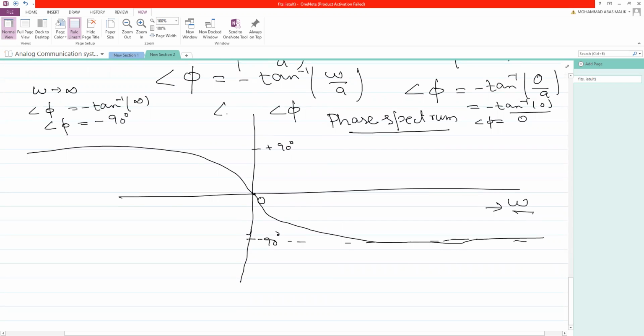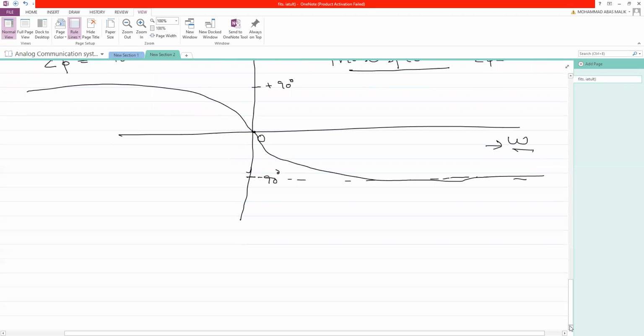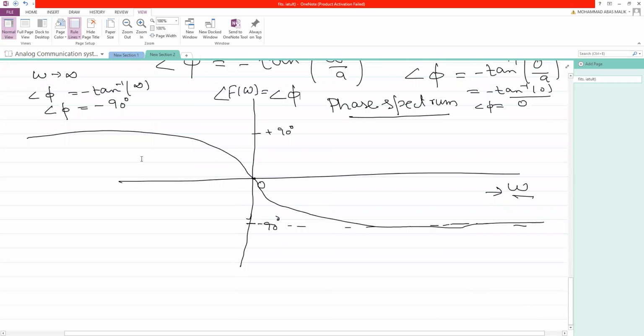Or you can say this is angle F of omega is equal to this phi. Is this even or odd? Sir, even. No, this is odd. It's an odd function because this is not symmetric about the origin. If you reverse this omega axis, you will not get the same graph. So this is an odd function